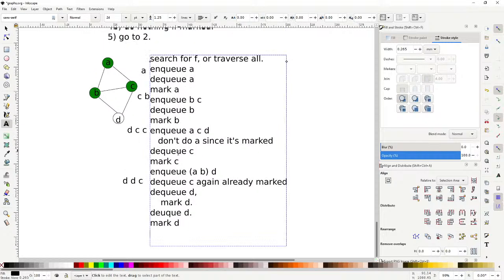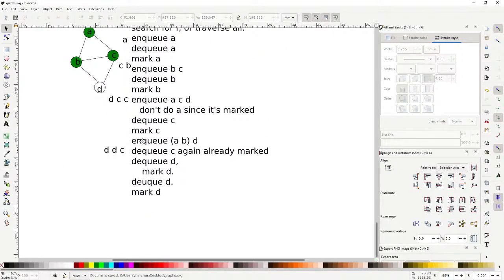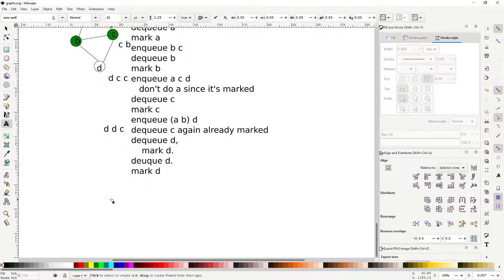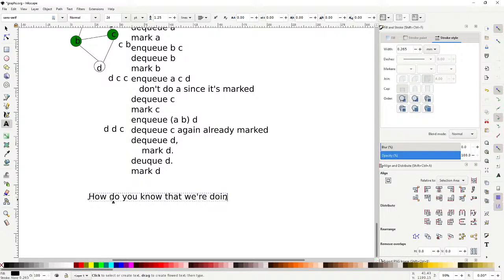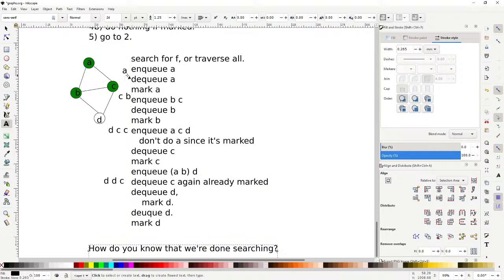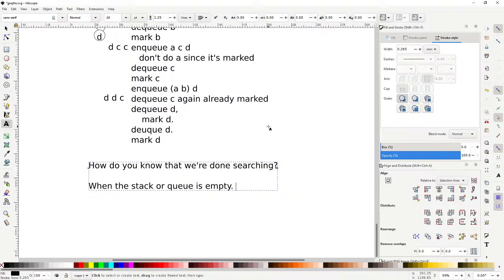It's the same question as for BFS and DFS: how do you know that these algorithms have terminated? How do you know we're done? The answer is that you know you're done when the stack or queue is empty. Now, of course, you might say, well, the queue is actually empty once I enqueue A and then dequeue A. But let's be more specific. When the queue is empty after enqueuing all of the children,